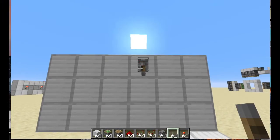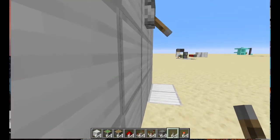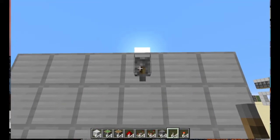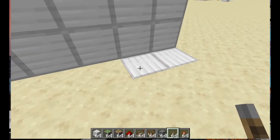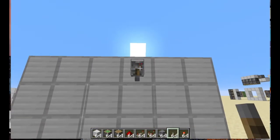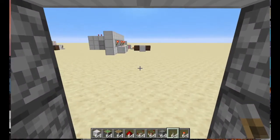And this is a flush door, and what that means is that it's flush with the wall. So there are no indents or anything. The lever's just there, so you can use it. You can wire it up to anywhere. So this is a really nice opening sequence and no visible pistons, but if you walk through, you can see